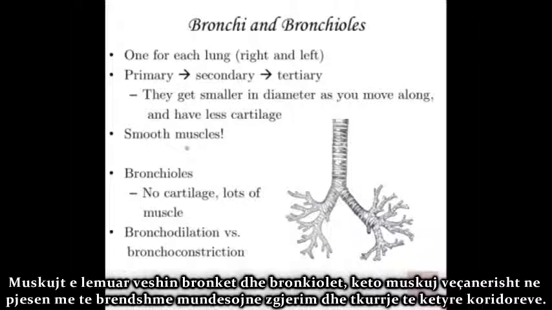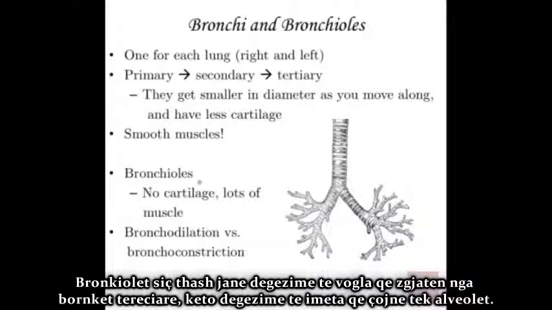Those smooth muscles, especially at the deepest parts, especially at the ends, are going to allow for dilation and contraction of these passageways. The bronchioles, as I said, are like little tinier branches that are coming off of the tertiary bronchi. The tiniest little branches leading to the leaves, and the leaves, if we're going to continue that analogy of a tree, would be the alveoli coming up in the next slide.